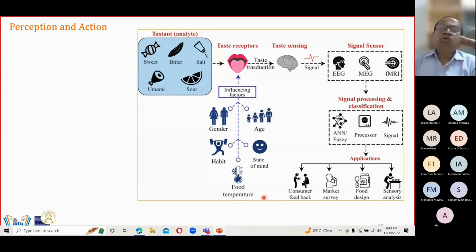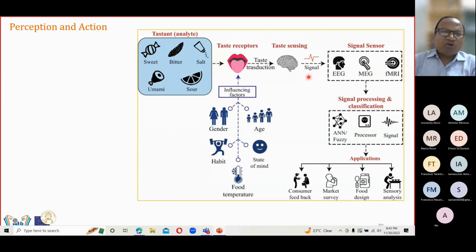Food temperature, what is the temperature that you really like in the food. Of course, gender also is one of the influencing factors in this. And then what kind of taste, whether it is sweet, bitter, salt, sour, umami, or whether it's good, bad, all these analyses can be done even using this kind of signal,